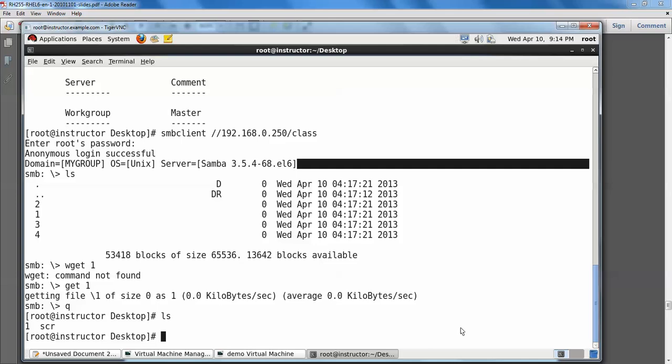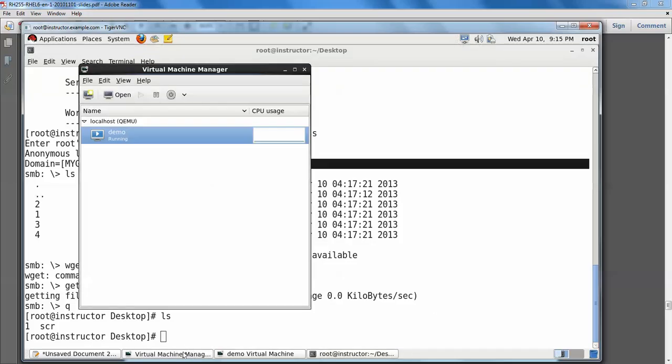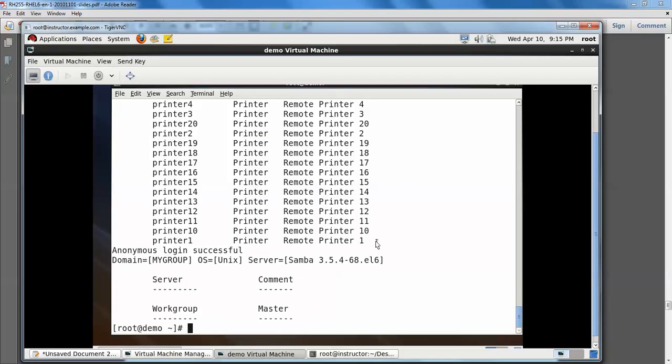If you want to give access to non-anonymous users, that means public users are not able to access, what should we do on the server side? On the server side, open the configuration file.